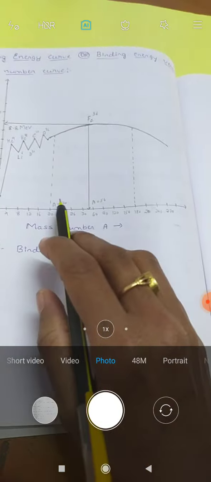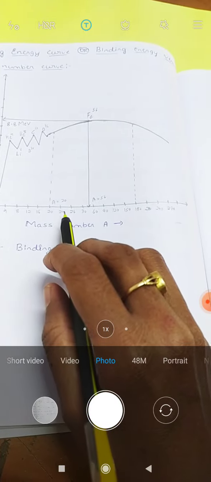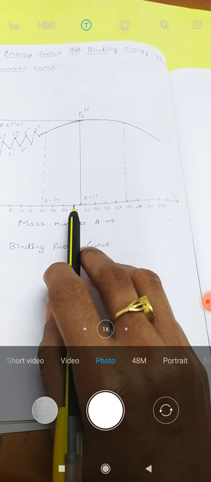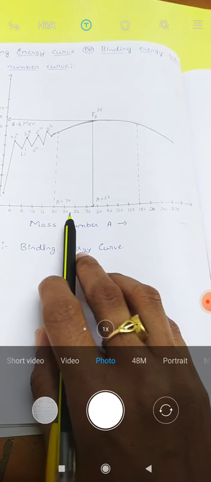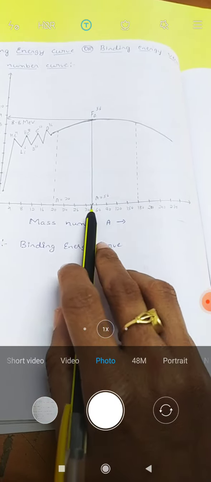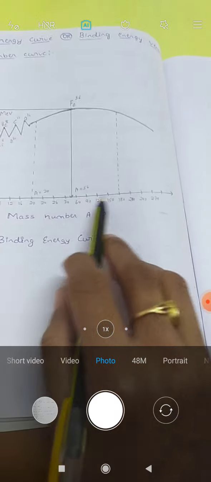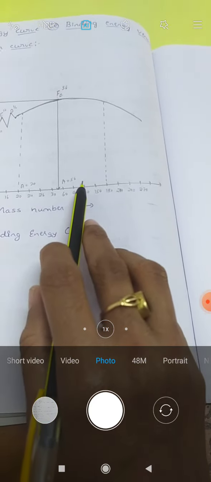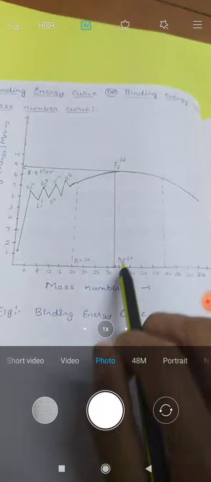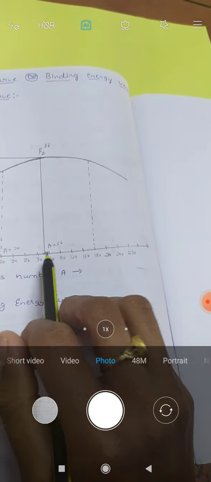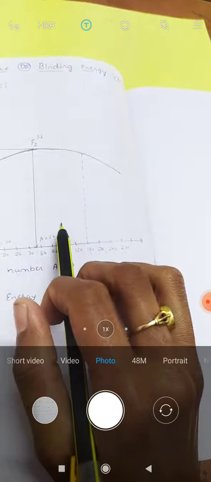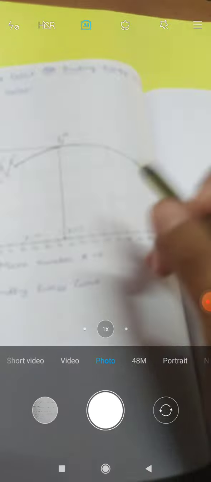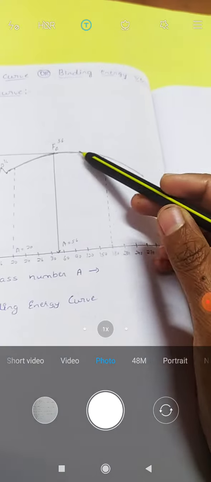The next, fourth point is the specific binding energy of the nuclei with the mass number ranging from A equal to 40 to A equal to 120. In this particular range, the values are close to the maximum value. So for the elements from 40 to 120, the binding energy of each element is at its maximum in this particular region.